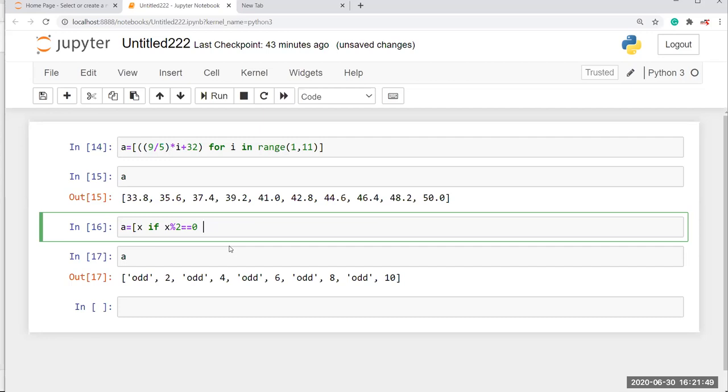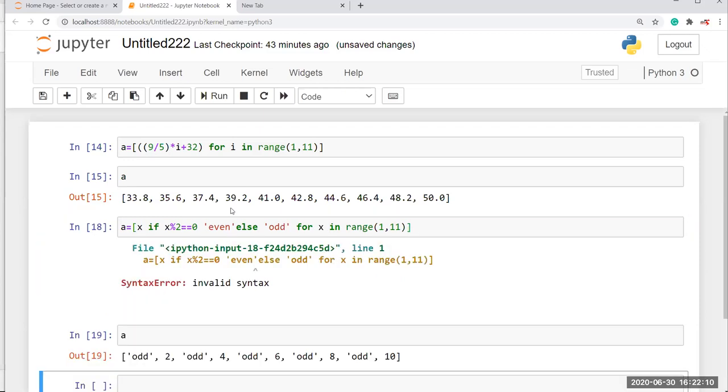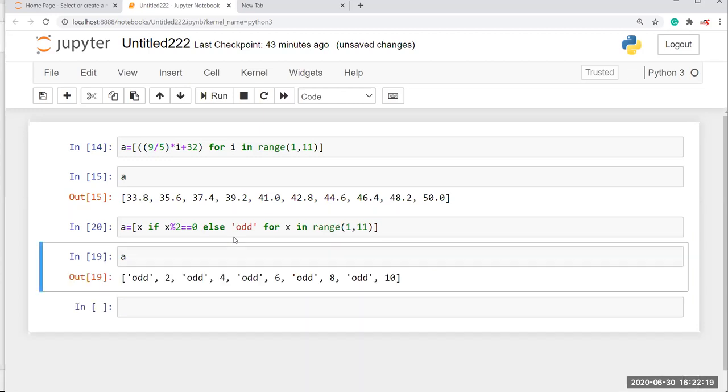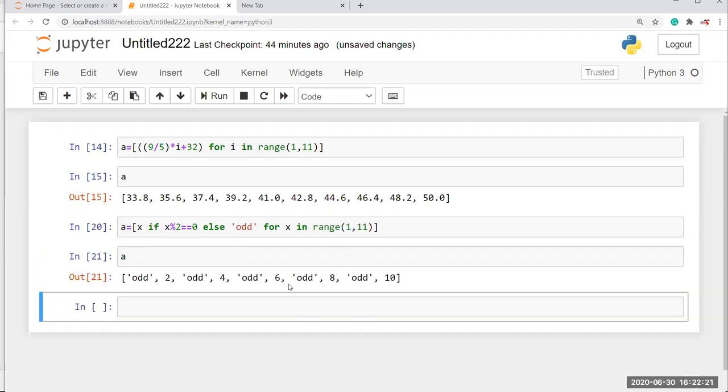Okay, I'm going to run this. Now check a, so we can't pass an if statement printing strings in here. Okay, you can do it like this only. So you run this, you get this value.